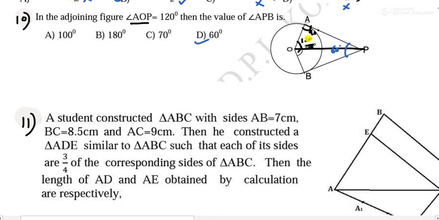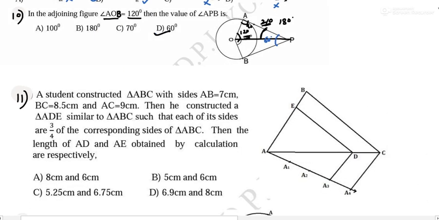The total is 210, right? Now if you take this triangle, how much will this be? If this is a triangle, the sum should be 180, right? But it's not possible because it has already crossed more than 180. So here this is wrong. Actually it should be AOB. Therefore AOB is 120 and APB is 60. It is just a printing mistake. Don't worry, you will not get something like this in your exam.